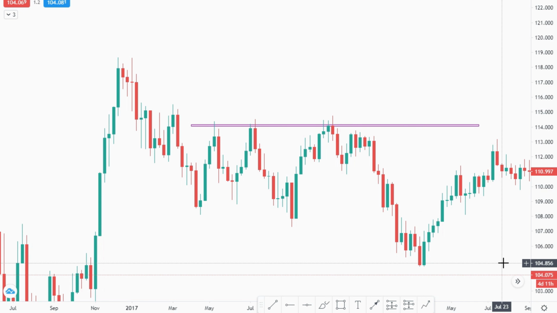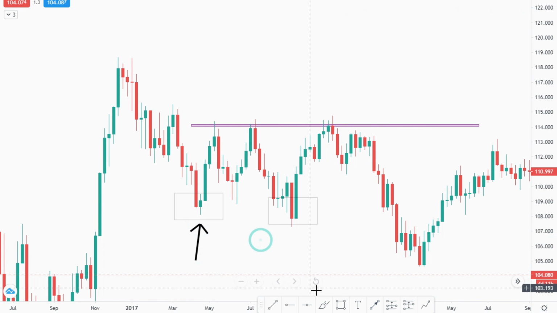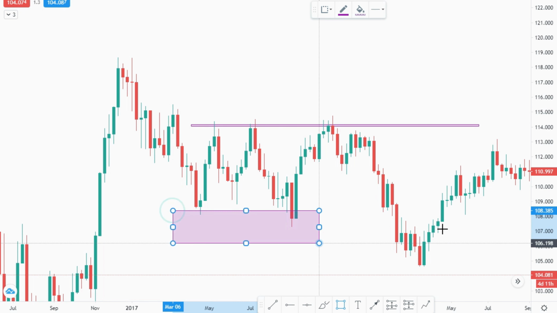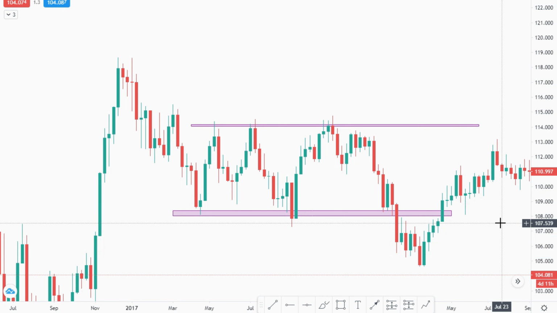We have two rejections at the bottom, making it a key level of support, so we draw that in. Look how price reacts when it reaches the key level. We have a smaller candle, then a bigger candle which shows gain in momentum, which tells us the sellers are in control of the market.